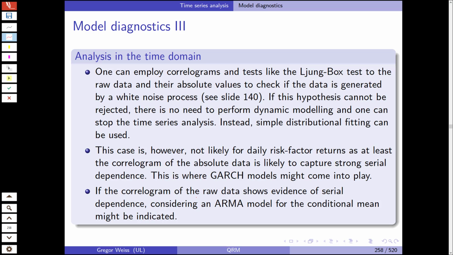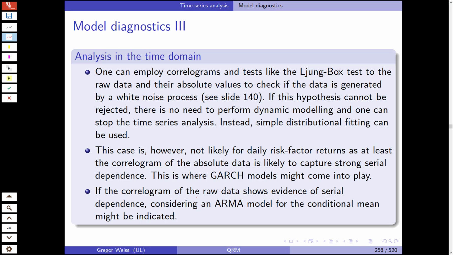You can employ correlograms and tests like the Ljung-Box test to test the raw data and their absolute values to check if the data is generated by a white noise process. Now, if this hypothesis cannot be rejected, you don't need to continue at all. If you see that the data you have comes from a strict white noise process or a white noise process, you're done. You don't need volatility modeling, you don't need GARCH models whatsoever, you're done. You have a white noise process, you don't need to go any further. Instead, you can then simply assume it's a white noise process, fit a simple unconditional distribution to the data, and